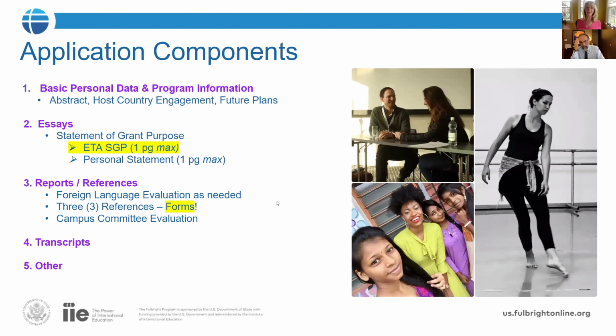I think we've given you a sense that there's a lot of research that you need to do on the Fulbright website, thinking about your own experience, talking with us about what might be a good fit. That's all part of leading up to actually applying. The Fulbright application itself is quite extensive. It's online and it's accessed through the Fulbright website under the Applications tab. One nice thing about it is you can open it up right away. Even as soon as we finish the webinar, you can open up an application and register.